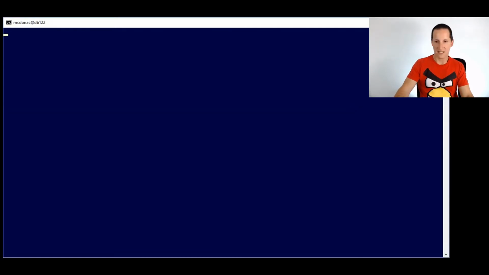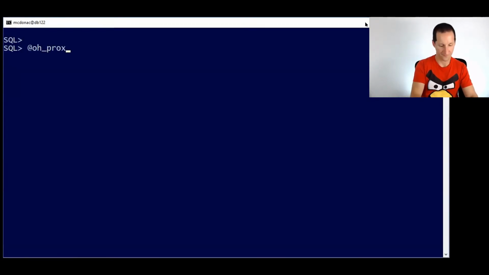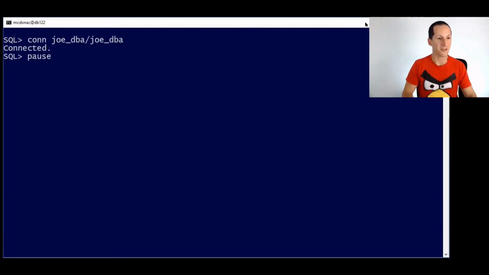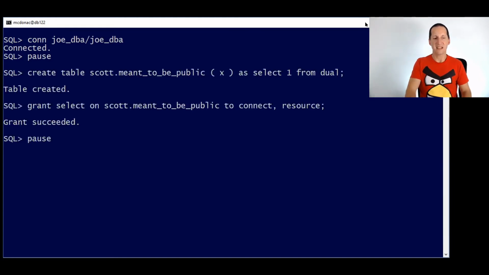So hopefully everyone can see that. So this is how it works. Let's set the scene here. I've got Joe DBA, and he hasn't got the world's most secure password, but please, this is for the sake of the demo. So we connect as a DBA, and he's created a table under the Scott schema,